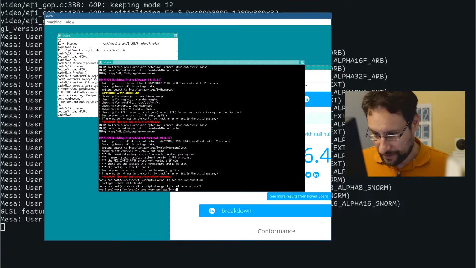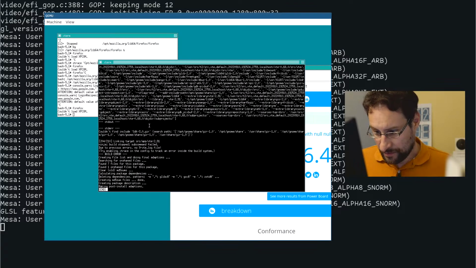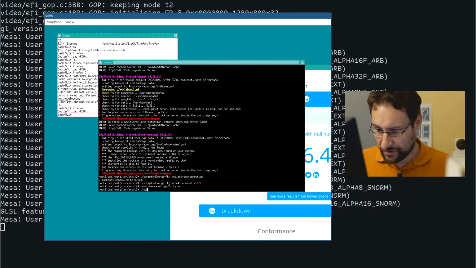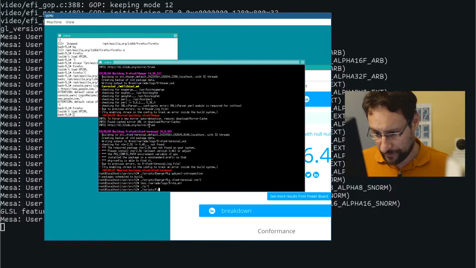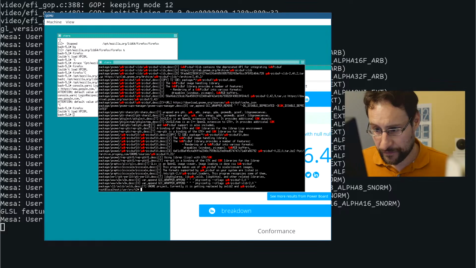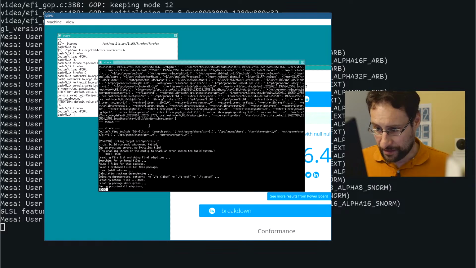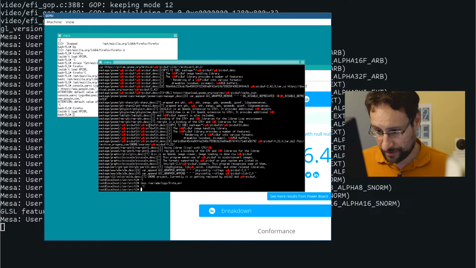Let's see, VTE. That's probably GDK. So we unfortunately need to find GDK. Was there a GDK or is it part of GDK, right? I don't really want to rebuild everything.